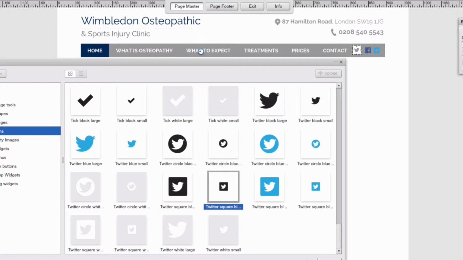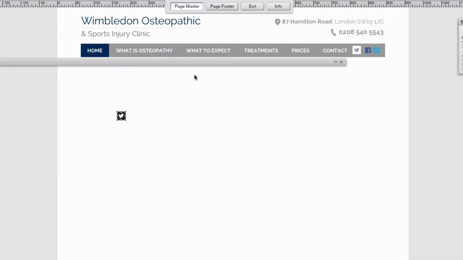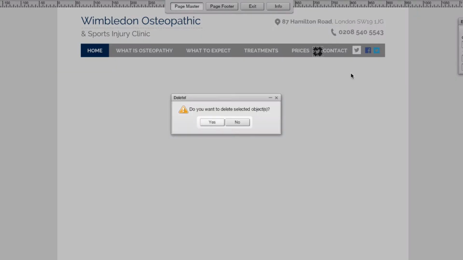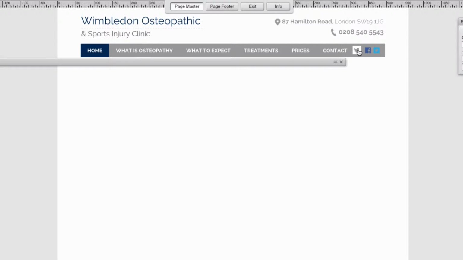Click use. What I like about Moonfruit is that you can quickly just prototype and just see what you think will work and go with that. So I think I'm just going to go with the white one, and again I'll scale it down by 30%,